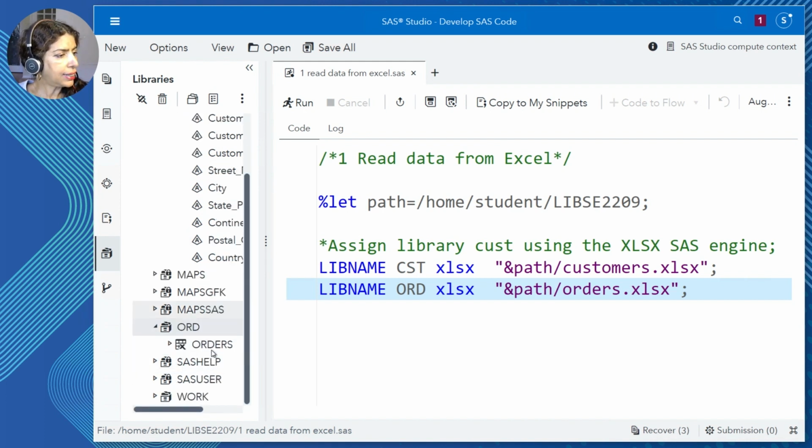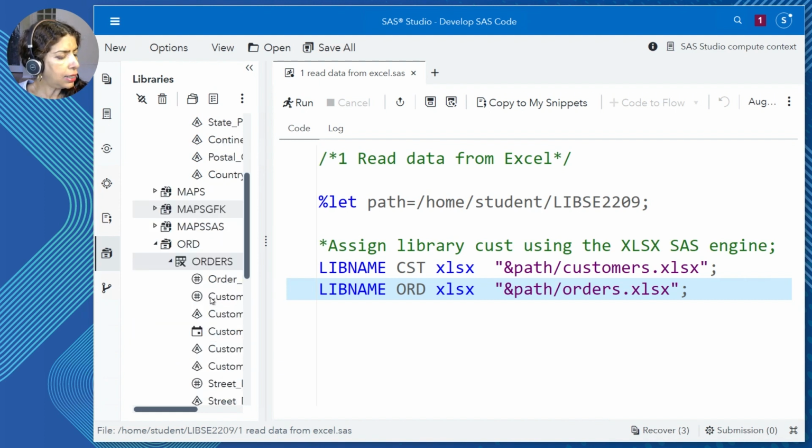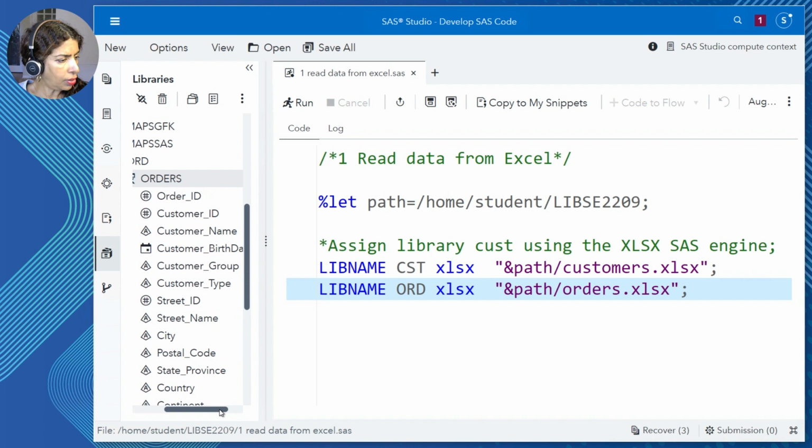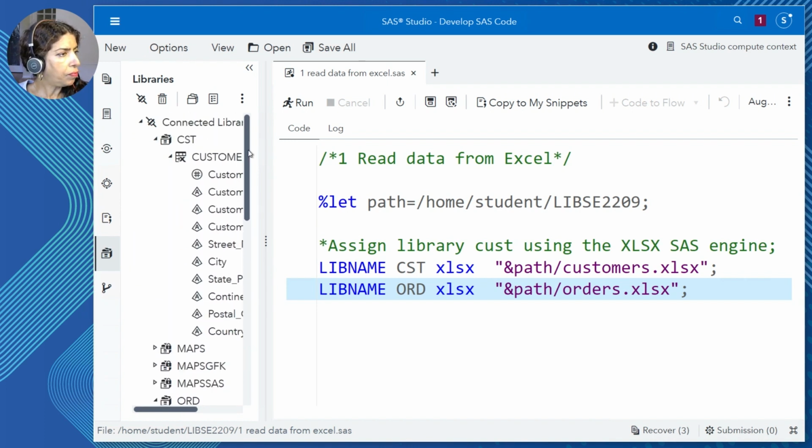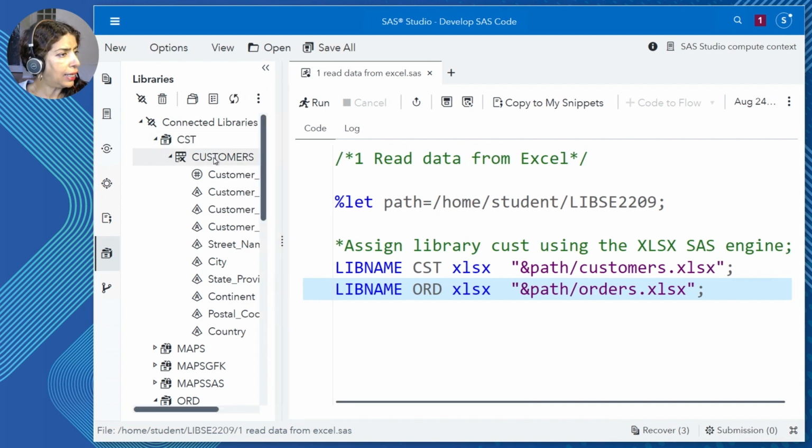I see that it has a dataset called orders, and within that, I see all of the column names within the orders dataset. Now, do bear in mind that I am alluding to these as a SAS dataset. I'm alluding to this as a SAS data library. We have to remember that this is really an Excel worksheet masquerading as a SAS dataset.